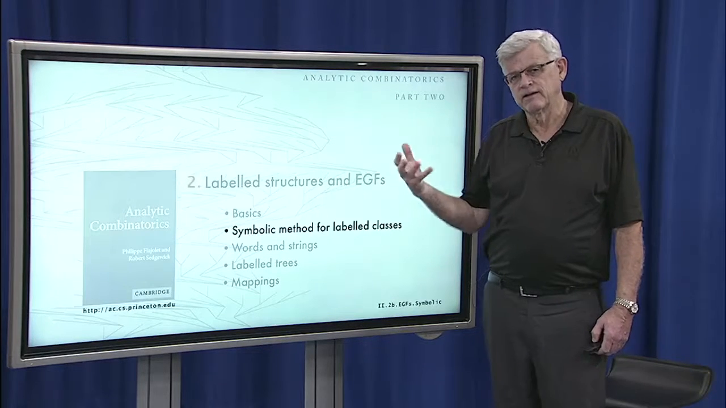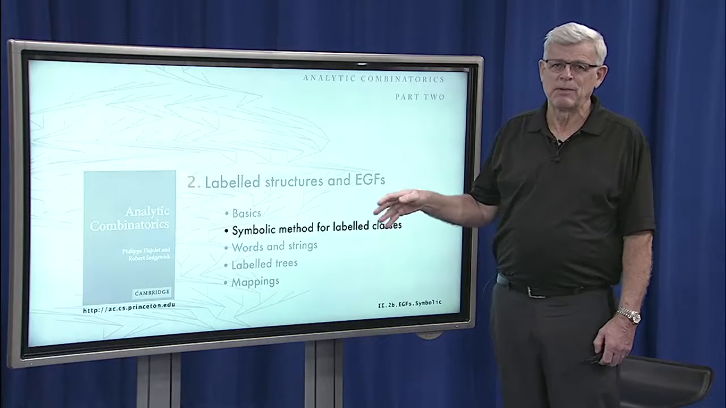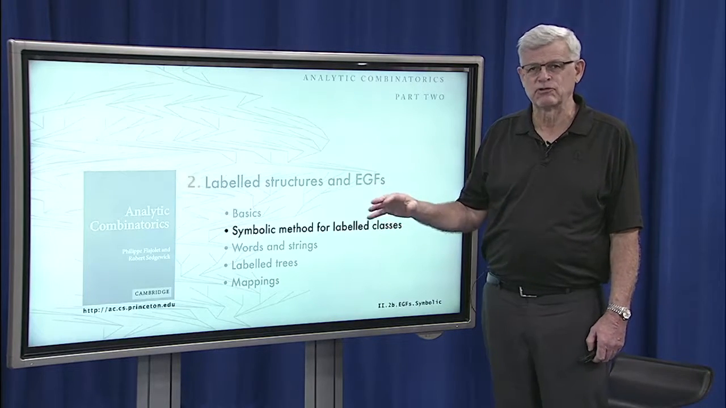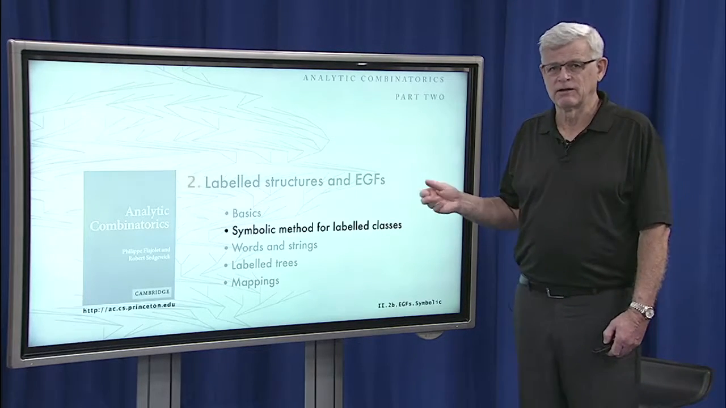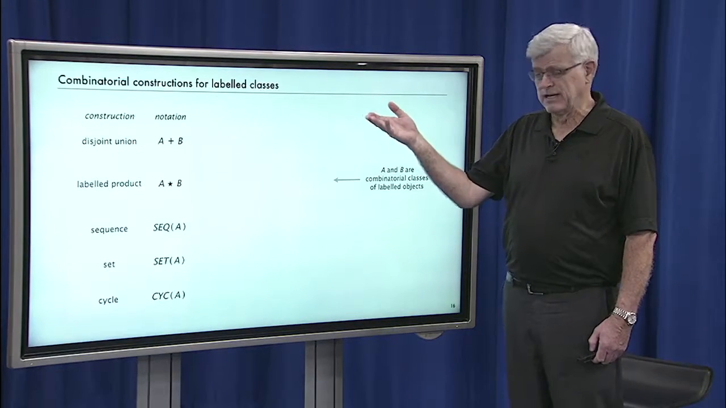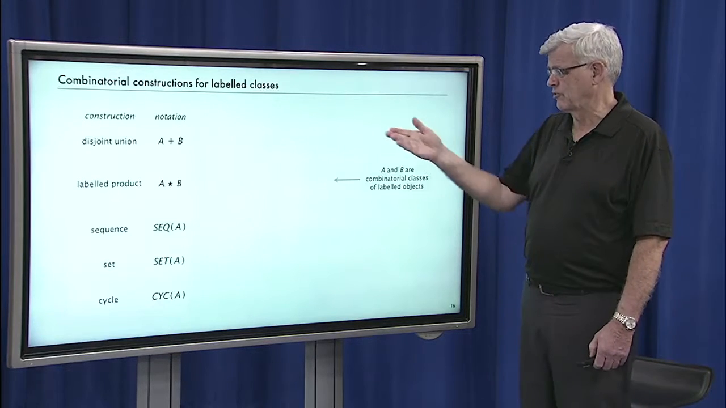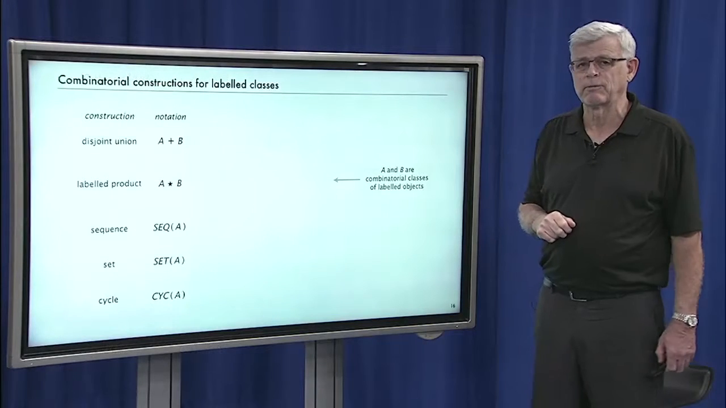So next we're going to look at the full set of basic operations that we're going to use to make labeled classes, and the symbolic method, which is the association from those constructions to generating function equations. And again, it very much parallels what we did for unlabeled classes in this other setting. So we're going to use a disjoint union operation, the labeled product operation that I just described, and then we can build up a class by taking a sequence of objects from another class, or a set, or a cycle of objects. And those correspond to the permutations, urns, and cycles of basic objects that I talked about as basic